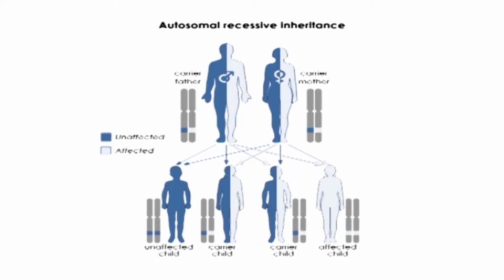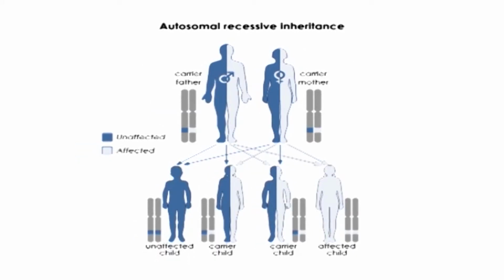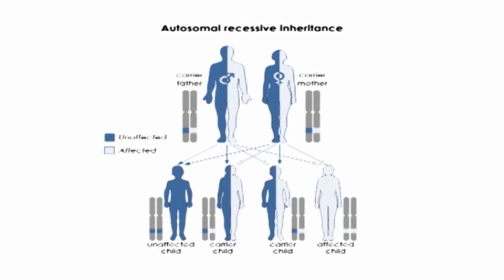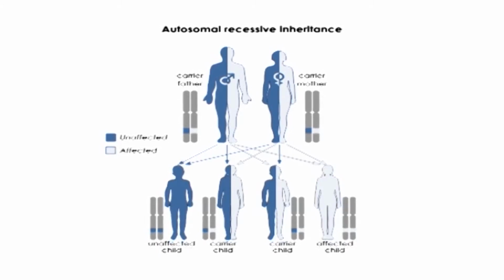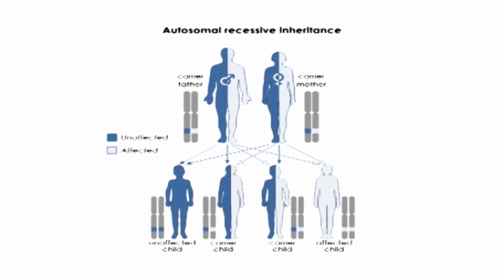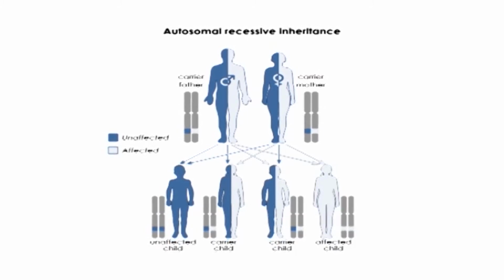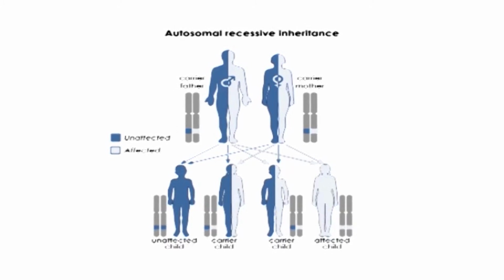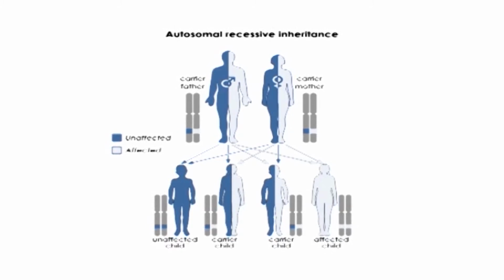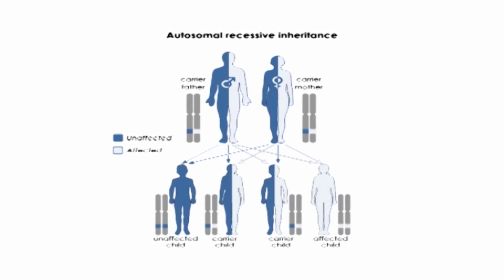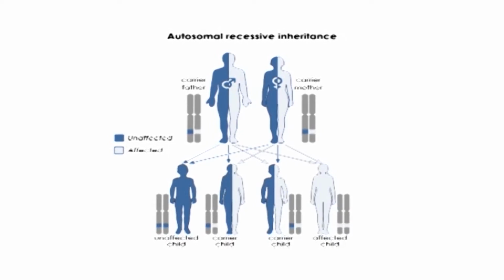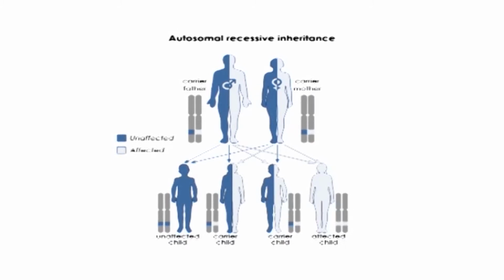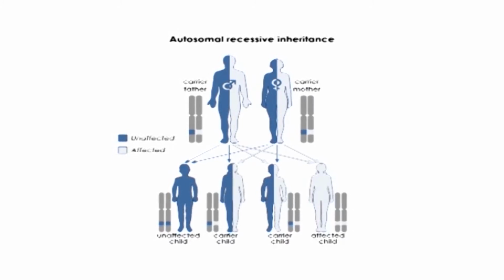Next is autosomal recessive hearing loss. In this case, both parents have normal hearing and have a recessive gene. It means an inactive gene which does not cause the hearing loss. In this criterion, there is at least a 25% chance that the child may get hearing loss, because there is no other member having hearing loss in that family.